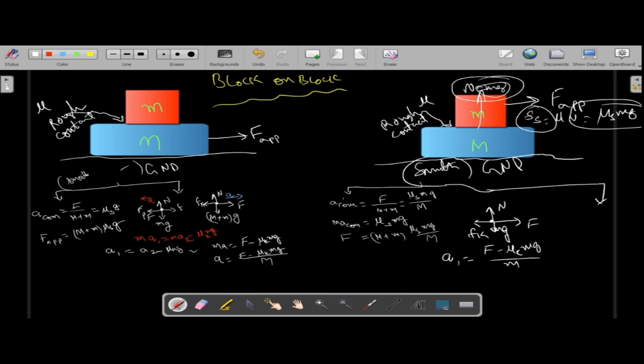In the next case, we need to find the acceleration of the bottom block. In this condition, what happens? The pseudo force acts in the backward direction, and the kinetic friction force acts in this direction. Therefore, what we write is capital M into capital A2 must be equal to simply mu k into the friction force, which is nothing but small m into g. Therefore, A2 is equal to mu k into small m by capital M, into g. By using this formula, one can determine the acceleration of the bottom block.